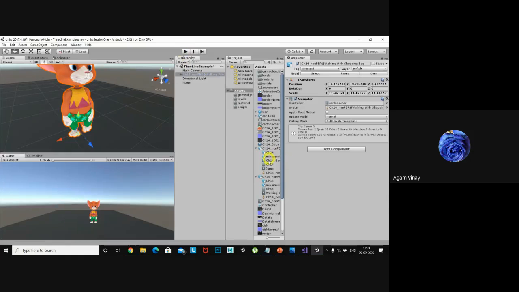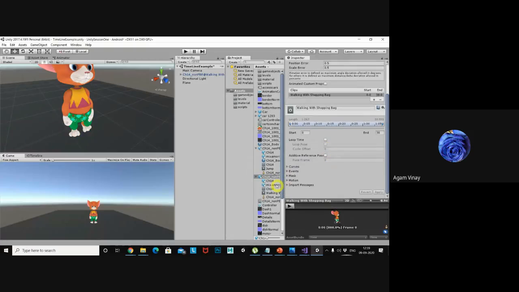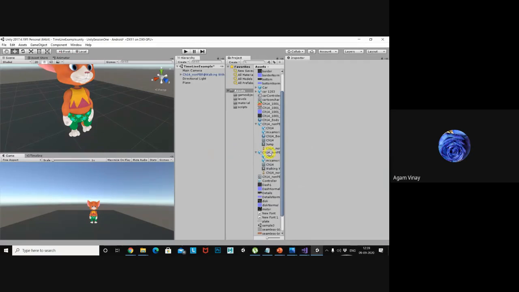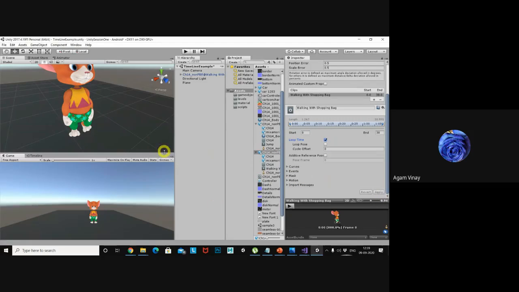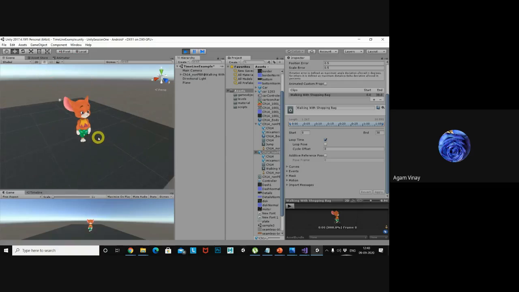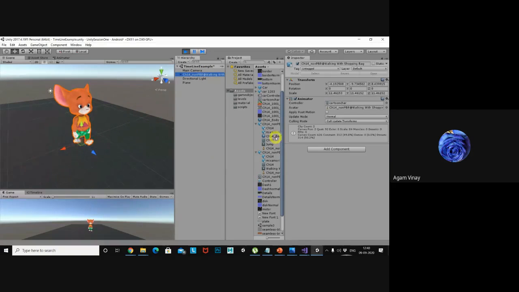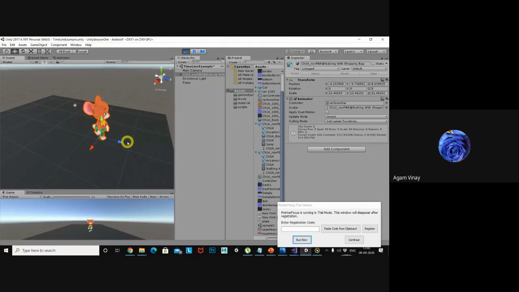By default, whatever animation you took doesn't have looping functionality. What you have to do is select your character, whatever you imported. This is my character, right? I'm selecting this one and turning looping time on. Just hit apply, and it will walk continuously. Now the character is walking. Only the walking animation is applying, but the transform is not changing. This is what I wanted to explain, just how to apply the animations.